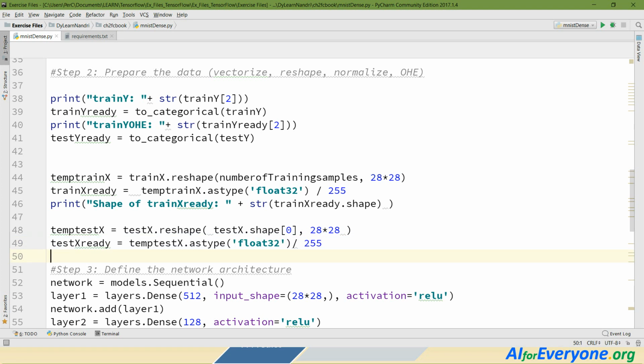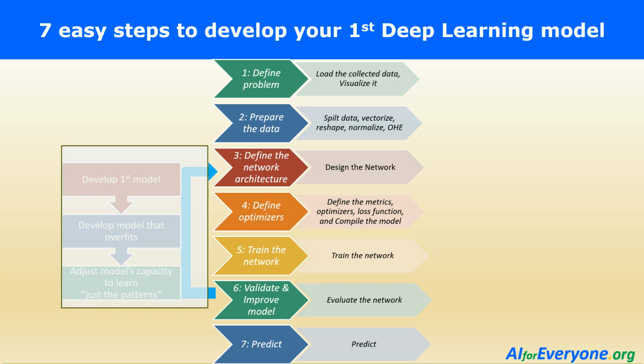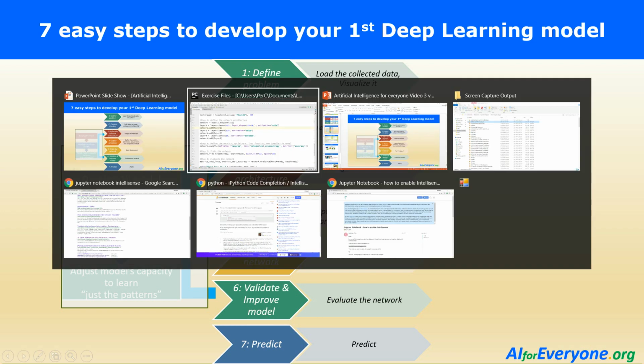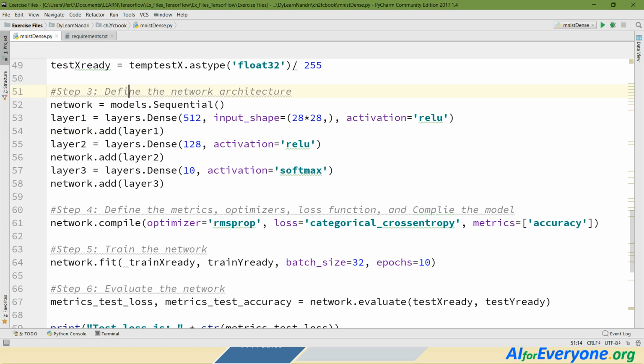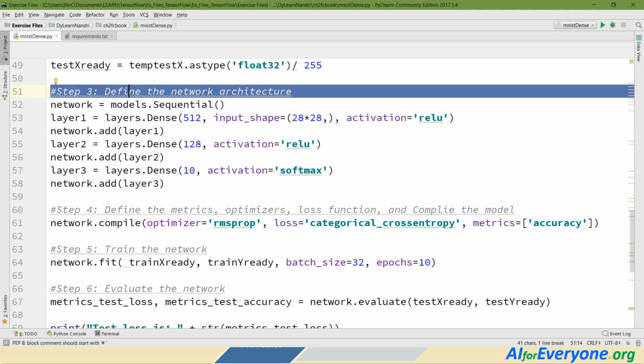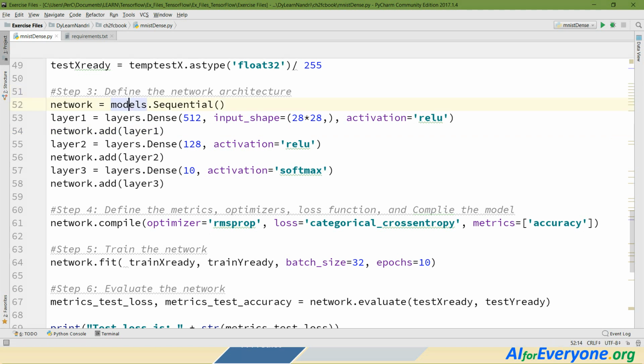First step is to design the network and compile it. So defining the network is very simple. You just say models.Sequential and then add the various layers. We are adding three dense layers. Dense layers are the fully connected layers.